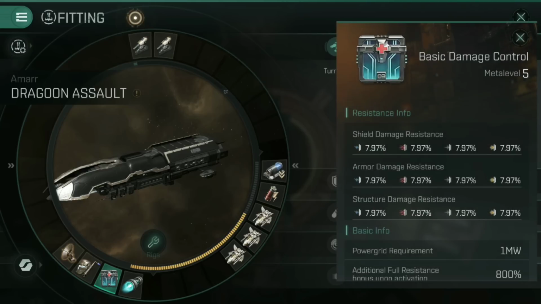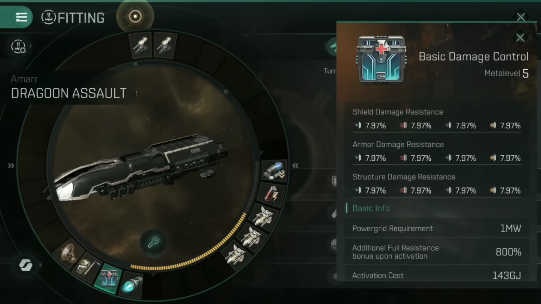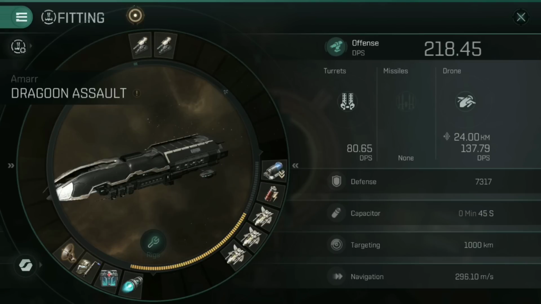This time around, then, we have swapped the armor hardener out for a basic damage control, because we want to be able to get up into the range that we're actually going to start firing, and then immediately activate this to stop taking almost any damage at all. 7.97% across the board, shield, armor, and structure damage resistance. That gets boosted by an additional 800% for the 18 seconds that this thing's activated. The aim is that ultimately you want to kill them during those 18 seconds, or very shortly after,